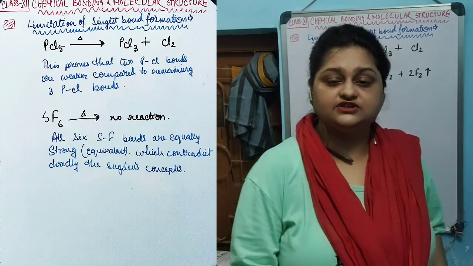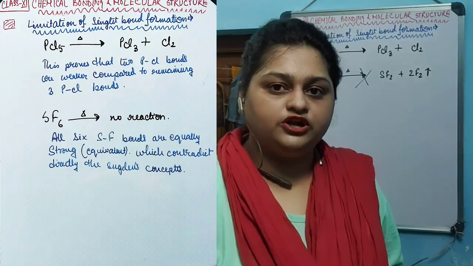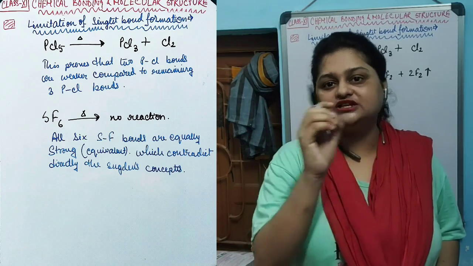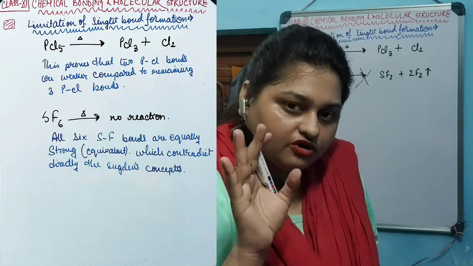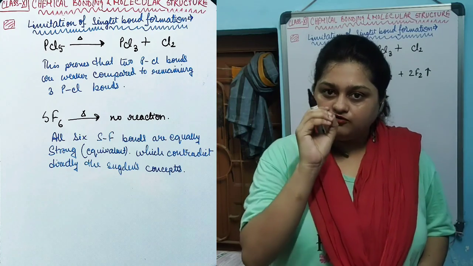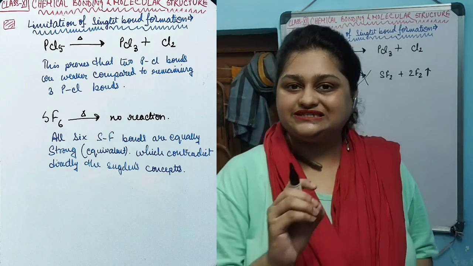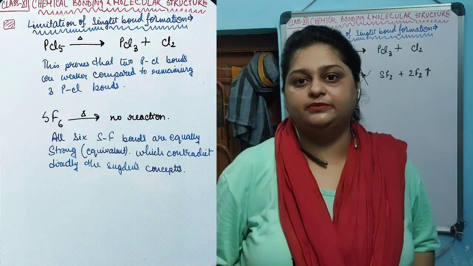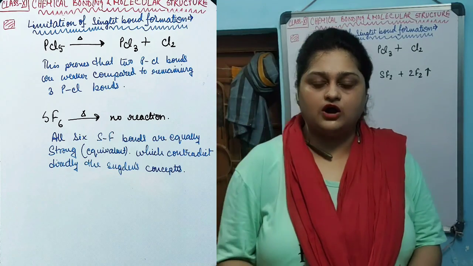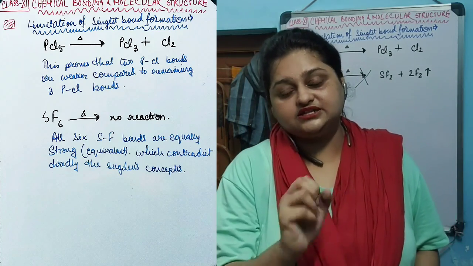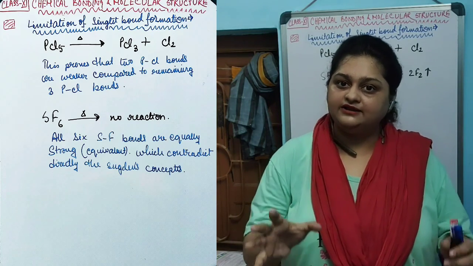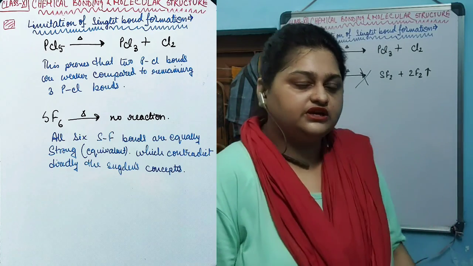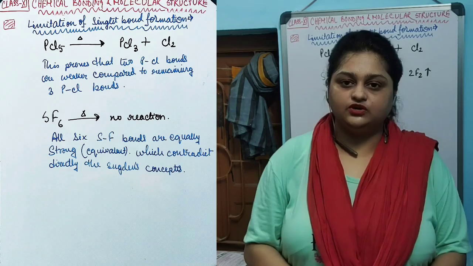In fact, the 6 sulfur-fluorine bonds in SF6 molecules are equivalent in nature. That is, the strength of all the 6 bonds is equal, which violates Sidgwick's concept. That is, 4 sulfur-fluorine bonds are singlet linkage and the remaining 2 are doublet linkage, hence the 4 should have been weaker compared to the remaining 2. But in this case we have found that all the SF6 sulfur-fluorine bonds are equally strong, which directly invalidates Sidgwick's rule. Therefore, this concept later on was not taken into consideration anymore.